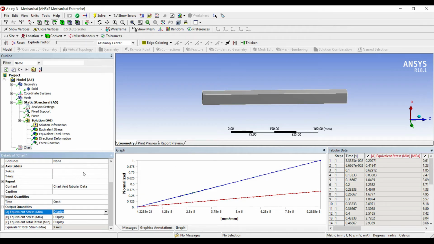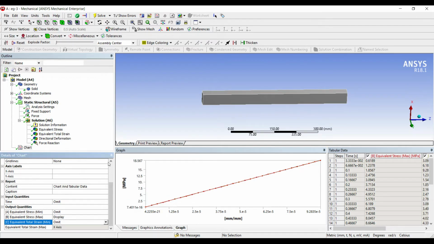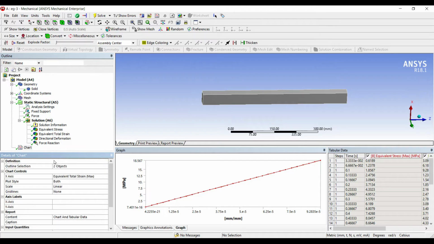Equivalent stress, omit. Minimum I don't want, I just want the maximum. And minimum strain also not required. So you can see over here, in the x-axis I'll plot it as strain, and y-axis is stress. So this is my stress versus strain graph for axial load along the x-axis.